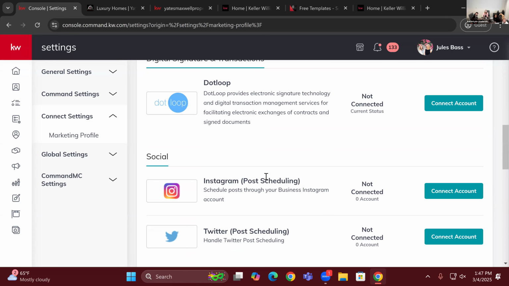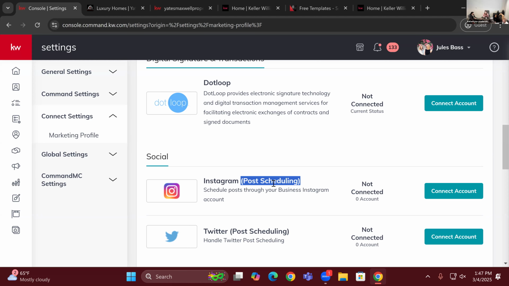Scrolling on down, this is how I mentioned that you can also connect your Instagram account. Again, similarly to Facebook, it has to be a business account. What if it's a creator account? That should work, as long as it's professional. Okay. Yeah, that should work. So if you're in a professional mode, you do. Yes.